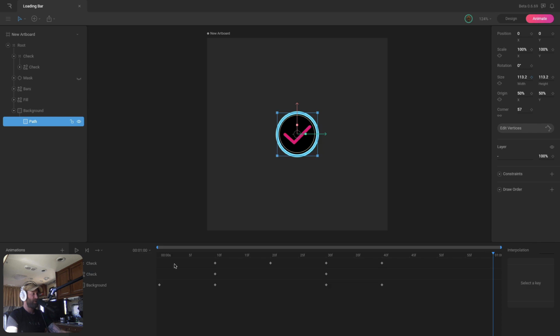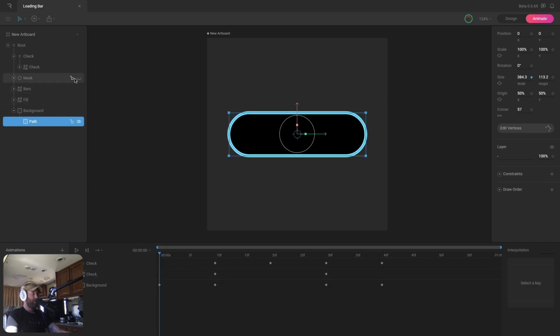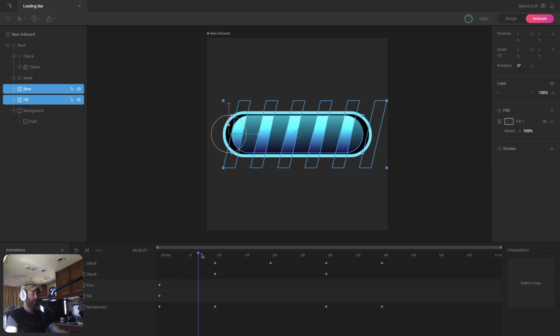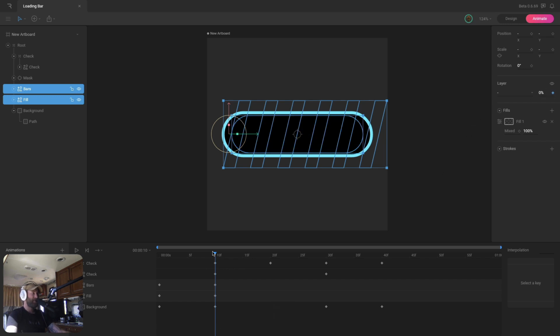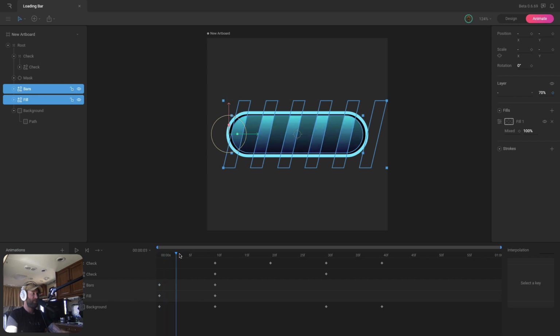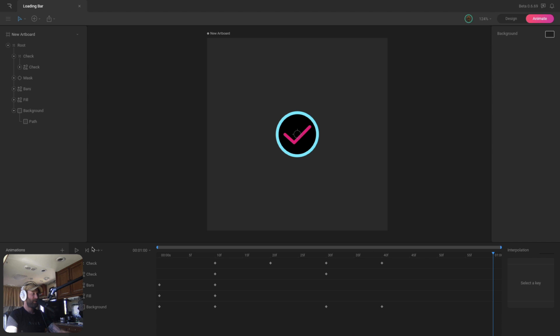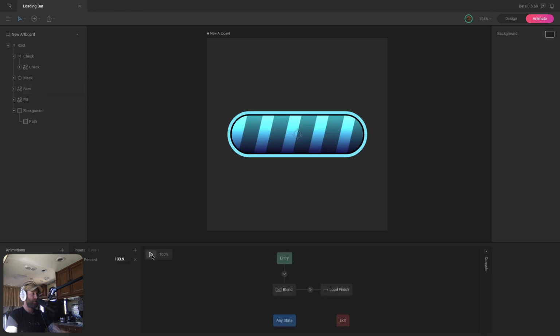So we're going to go to the load finish animation, go to the start. Let's turn the mask back on, and I'm going to grab the bars and fill here, key their initial opacity, and then when the bar stretches out, I'm going to key their opacity at 0, so it should just fade over that time, and then play the rest of it. So let's take a look at that. Okay, that happens fairly quickly, and it looks pretty good. Let's once again preview the state machine and make sure it looks good.